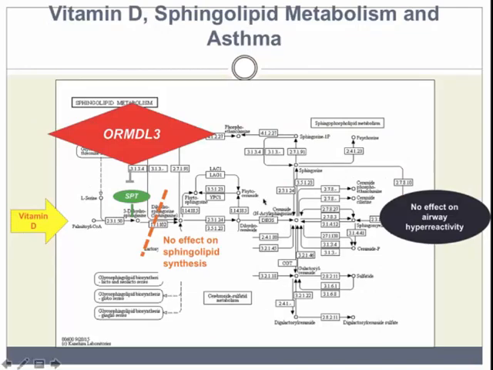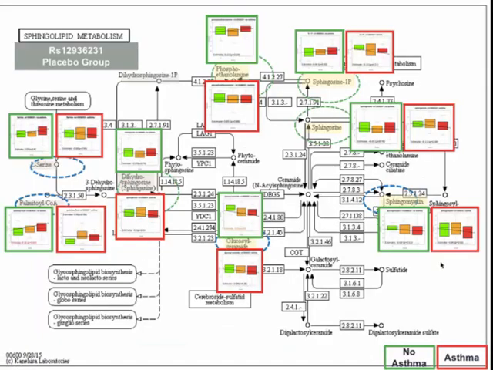So as I said before, we now see sort of how this is acting. ORMDL3 shuts down this pathway, but if you don't have the risk allele, vitamin D can operate and push through this, and it affects your pathway, upregulating the pathway to cause a decrease in asthma risk. Now, these next 2 slides that I'm going to show you are not meant to intimidate you. I just want to give you this as a perspective of how powerful metabolomics can be in these type of designs. And that is, this is actually all the metabolites that we have data on from Metabolome.